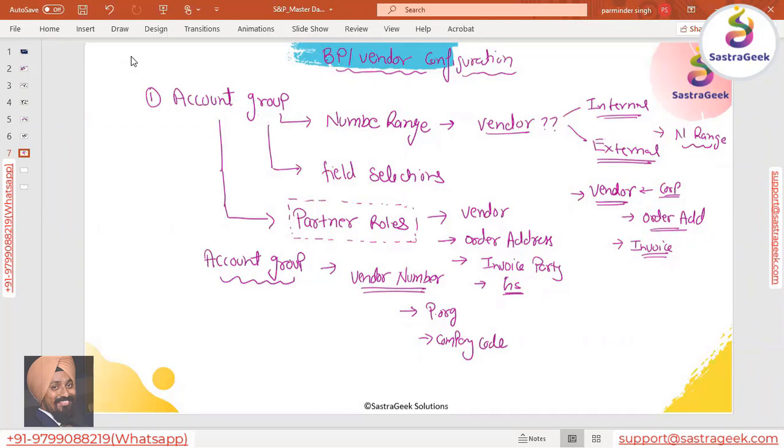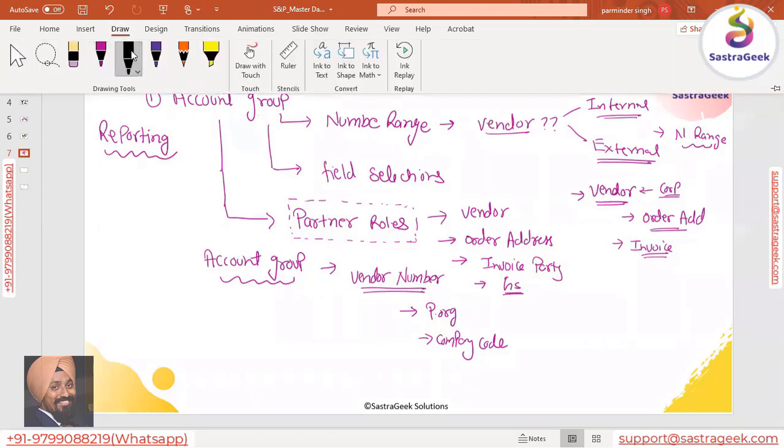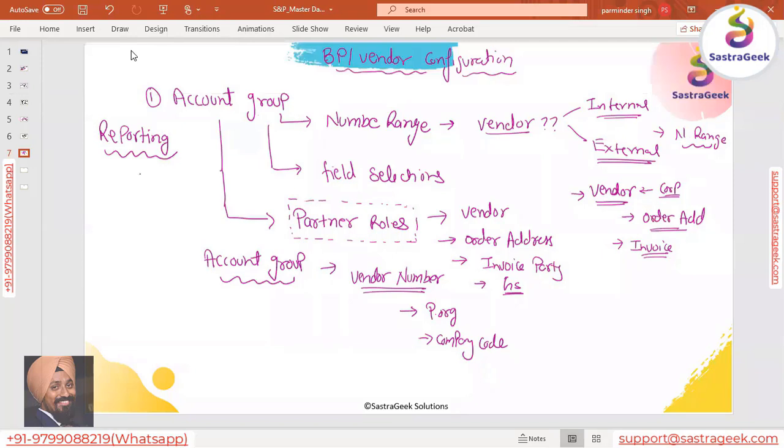So account group is basically how you combine your vendors together into a single account, which would operate in the same way. Account group is also used for reporting purposes. Can anyone give me an example of what kind of different account groups can be created in a live business? If you're doing an implementation and we need to create account groups, we understand what an account group is, but from the business perspective, what kind of account groups do we need to create in the system?